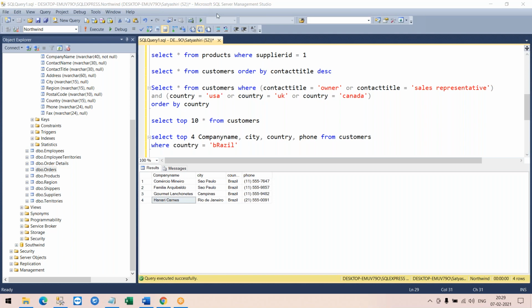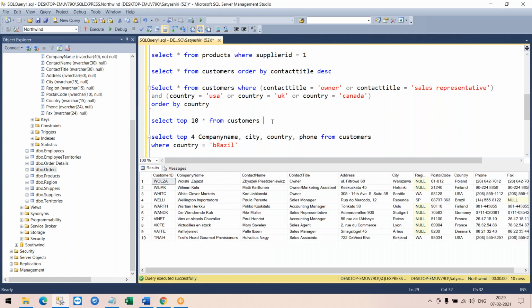If the customers are 1 to 100, we are selecting the first 10. Is it possible to select from 91 to 100? Yes.